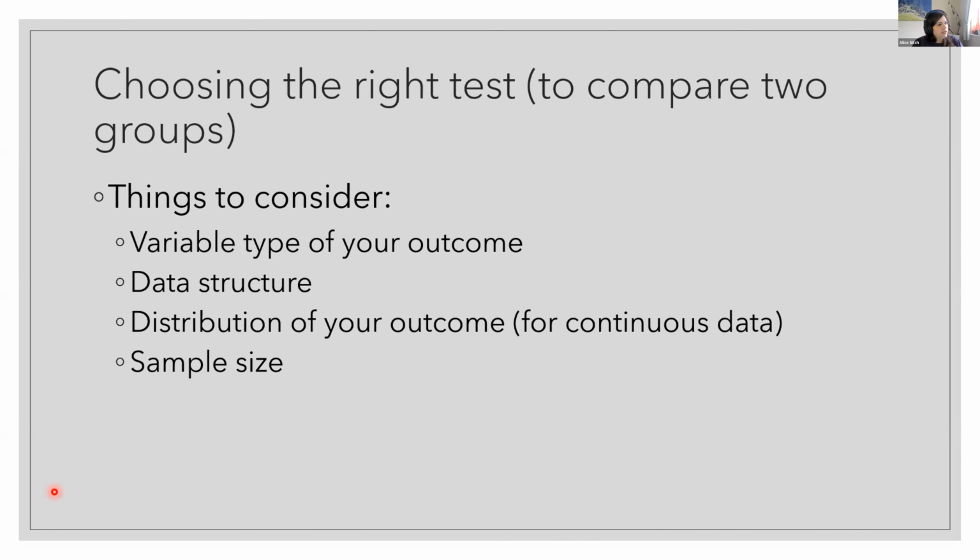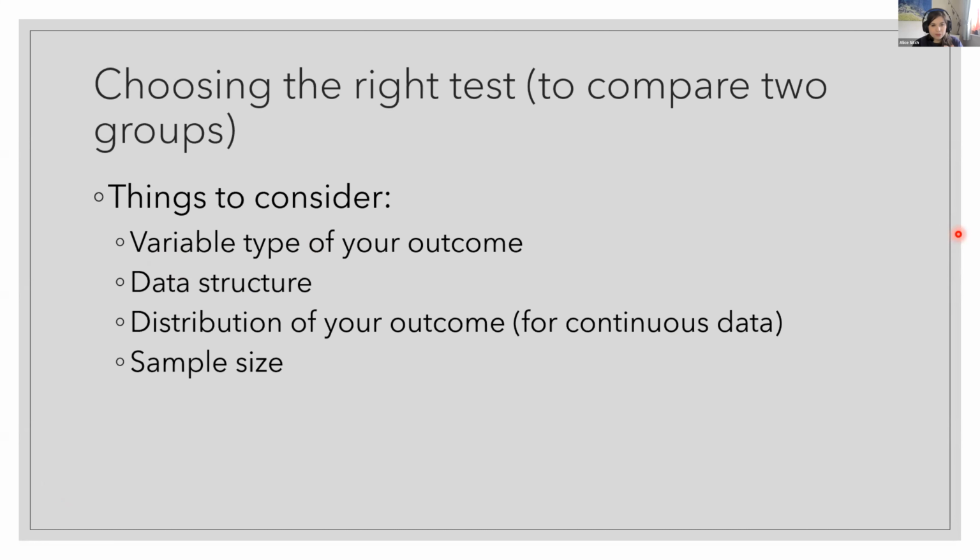So the things that we consider when we are choosing the right test, and I'm going to start off with the simplest situation you might be carrying out a test in. This is when you're trying to compare two groups. This is the very classic way that you will probably have been introduced to testing. When we have two groups that we want to compare, the kind of things that we'll be thinking of are,